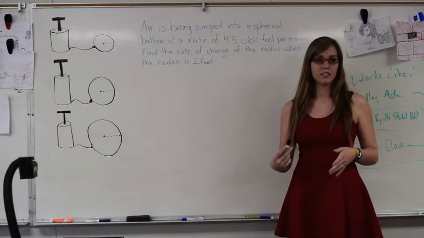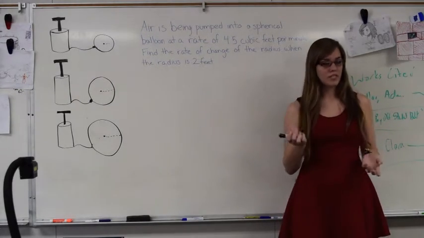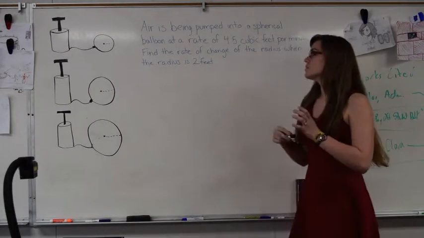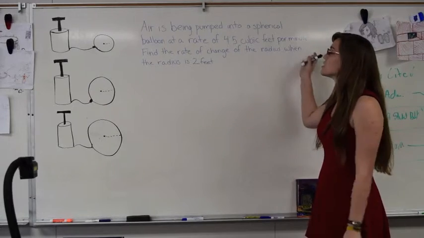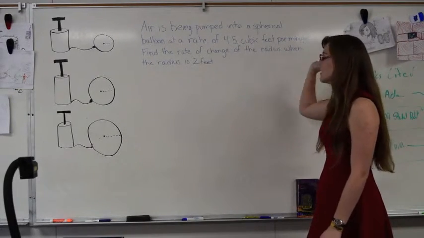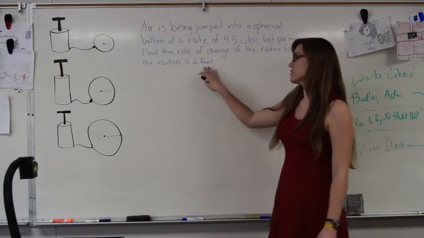Discussing related rates. Now, this problem is a related rates problem. And when we're discussing rates, that means that we're discussing differentiation. So the problem given is: air is being pumped into a spherical balloon at a rate of 4.5 cubic feet per minute. So we're supposed to find the rate of change of the radius when the radius is 2 feet,